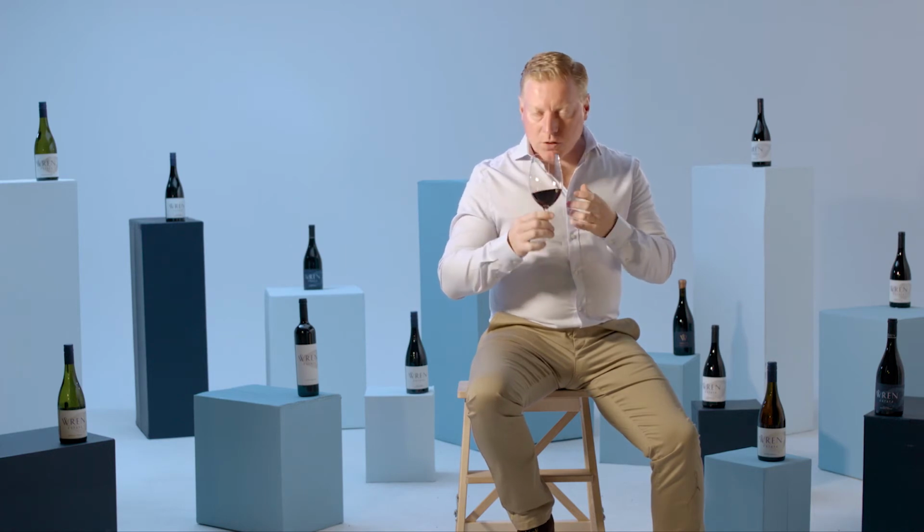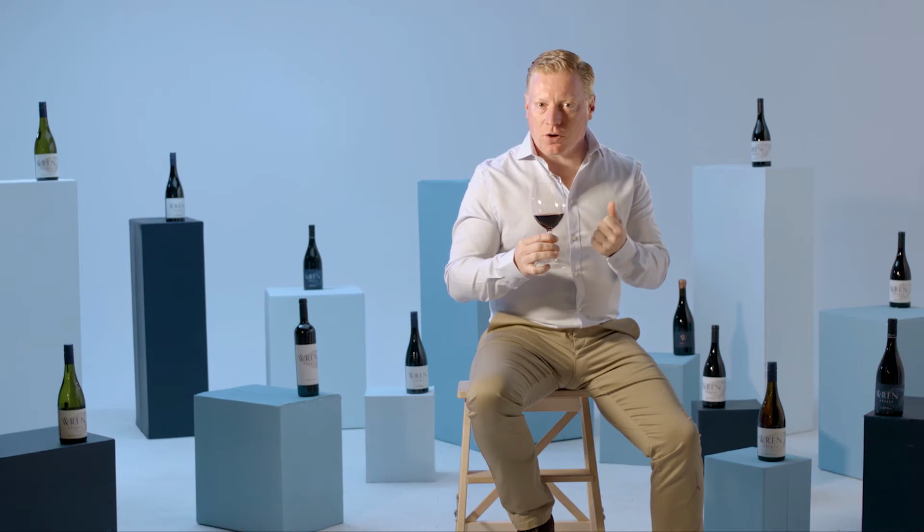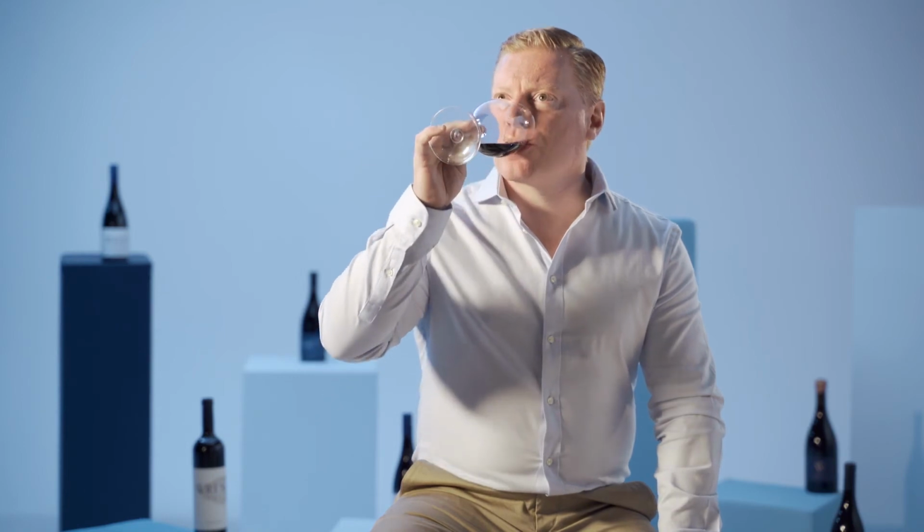When we have a look at the wine, we still see those beautiful, deep, dark characters in there. There's black cherries, there's blackberries, there's a hint of the dark chocolate and cocoa coming from the wine, and also a hint of the sweetness from the oak. And then when we taste the wine,